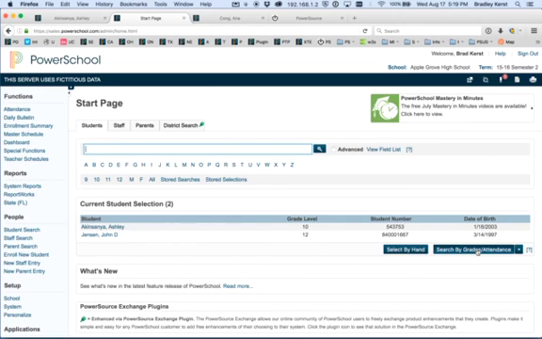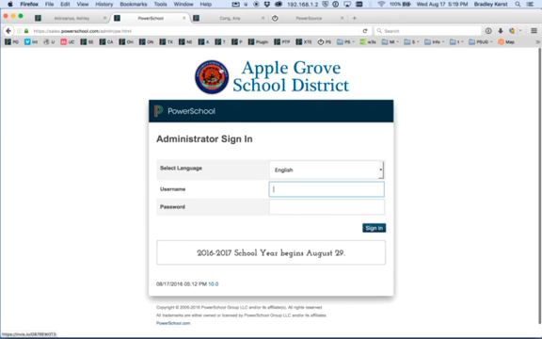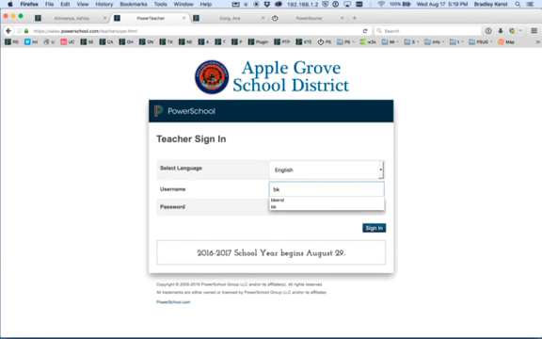So let's go ahead and log out as an administrator, and I'm going to log in as a teacher. So I'm a teacher as well, and I'm going to sign in to the teacher portal. And this is where your teachers are going to log in and interact with PowerSchool on a regular basis. So marking attendance on a period by period basis or on a daily basis if necessary. And then also opening up their grade book and